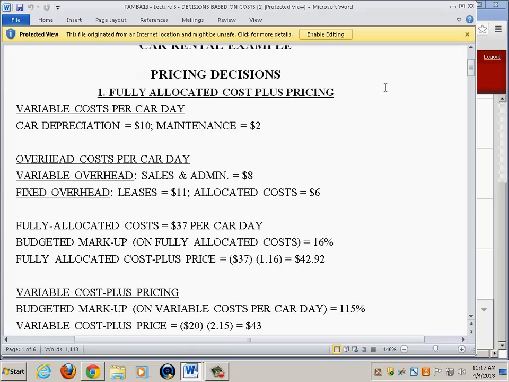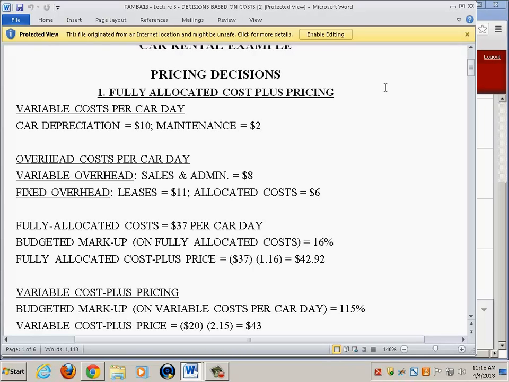And we're going to base our examples on the car rental illustration that we discussed. We're going to use the same numbers because we're already familiar with them, so we can save time in terms of not introducing new numbers. So just to remind you of the numbers,